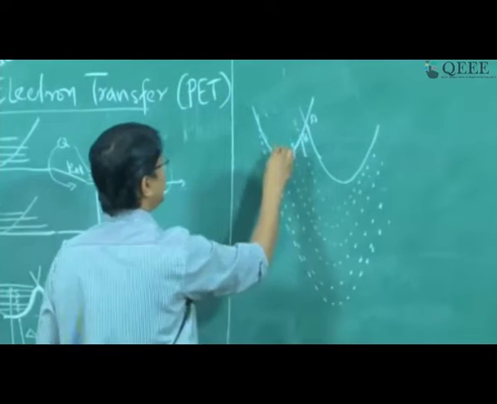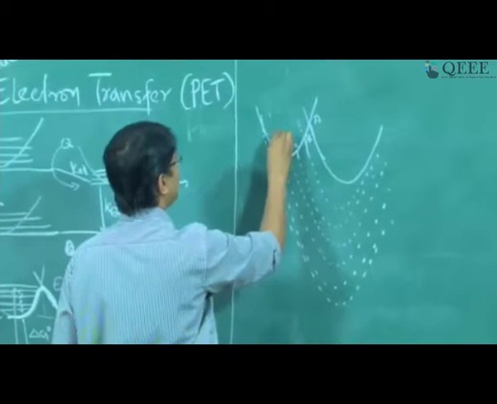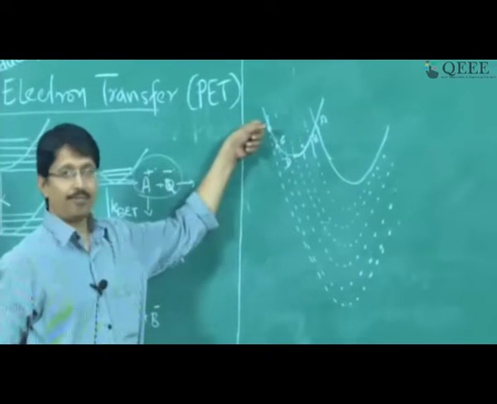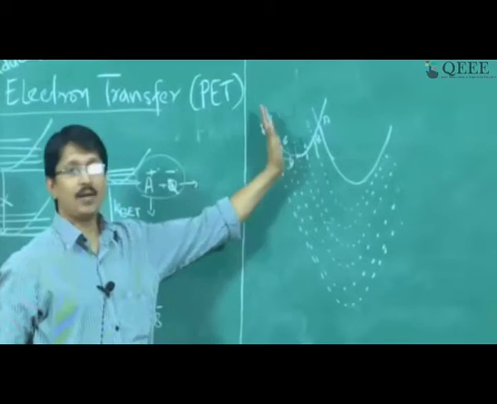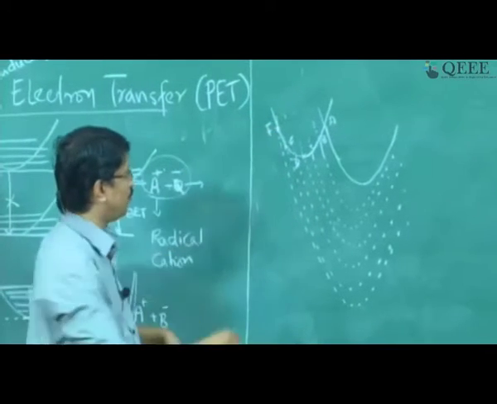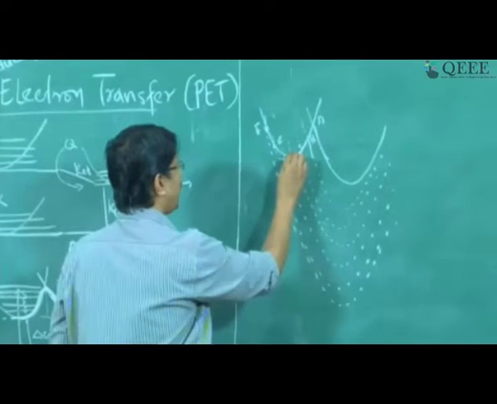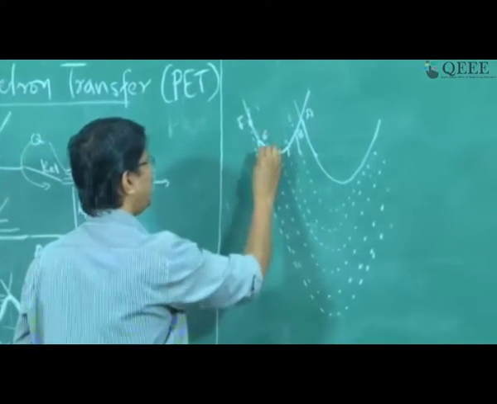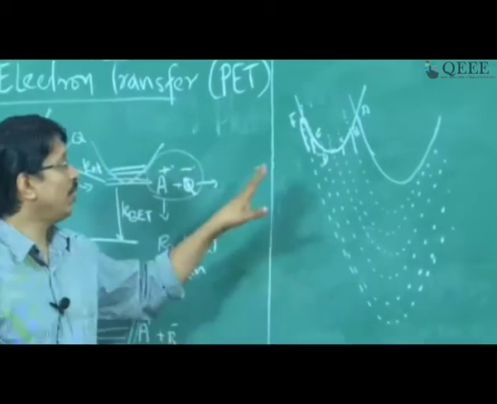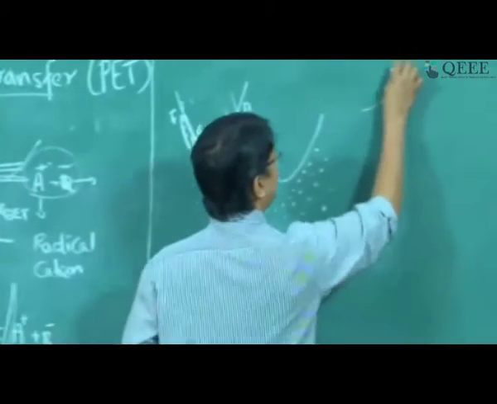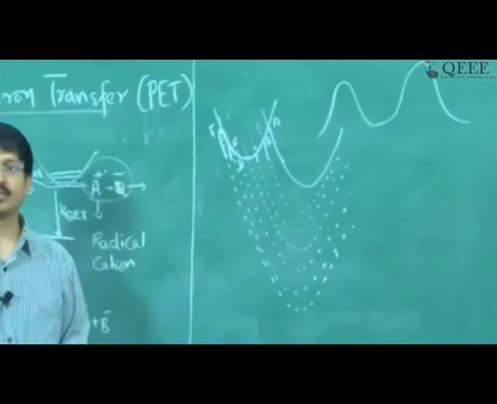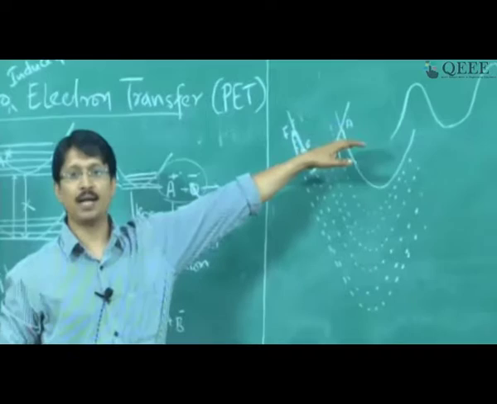So what happens? D, E, F. If you see D, E, F, there is an activation barrier built up. So if you want something to come to this next curve, it has to climb this way and then jump, or this way and then come. So in one, initially it was like this, now it is like this. That is the only difference. But there is an activation barrier building up.